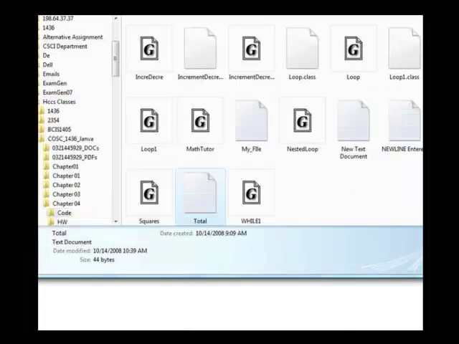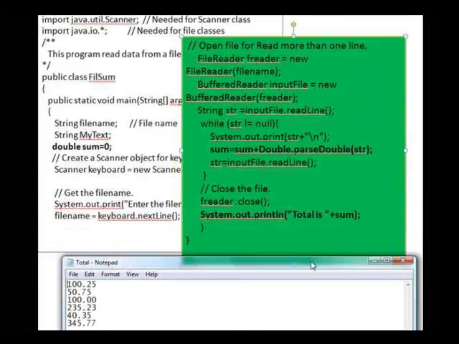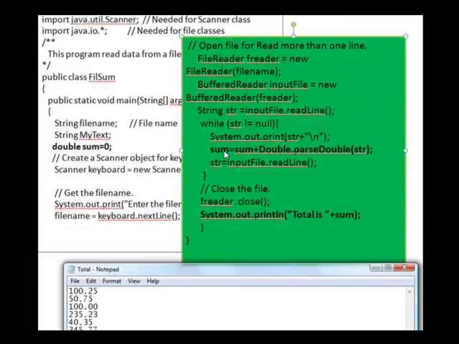So 0 plus 125, which is a string, and you convert it to a double and put it right here, 125. Then you read the next line, which is 50,